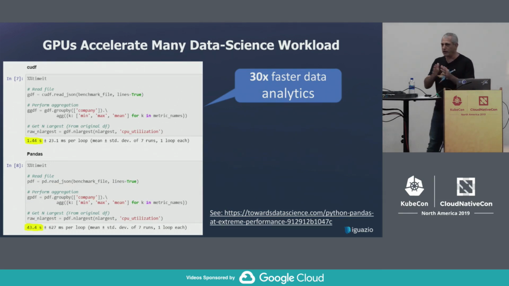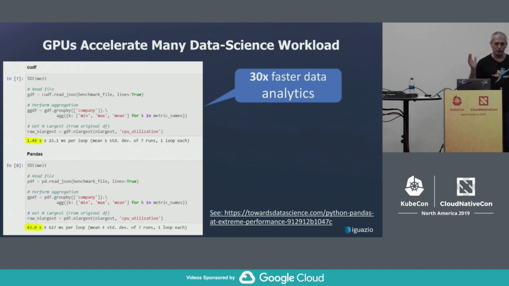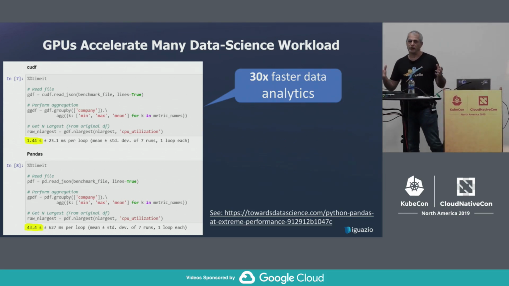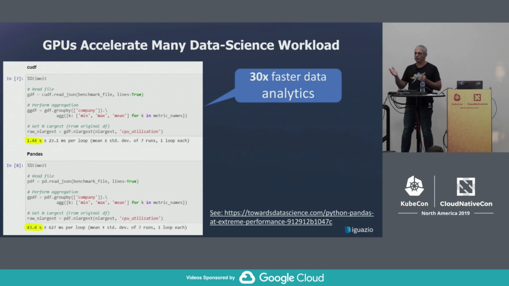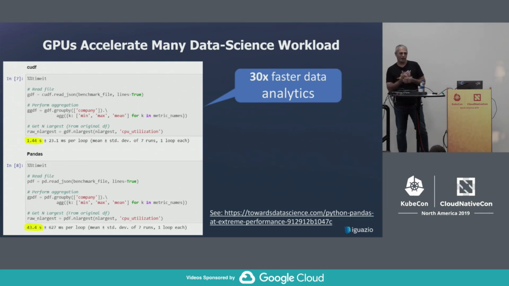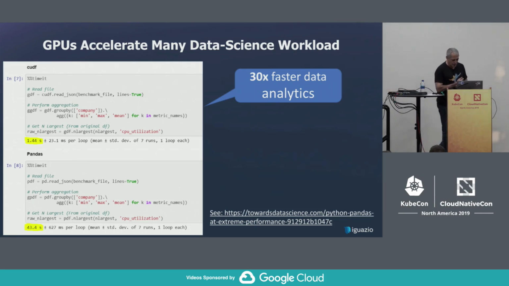Everyone here that thinks of GPUs probably thinks of deep learning, TensorFlow and all that. So there is some news. GPUs are used to do many different things, not just deep learning. Anyone familiar with NVIDIA Rapids, for example? OK, good. So this is part of a joint blog I did together with NVIDIA that